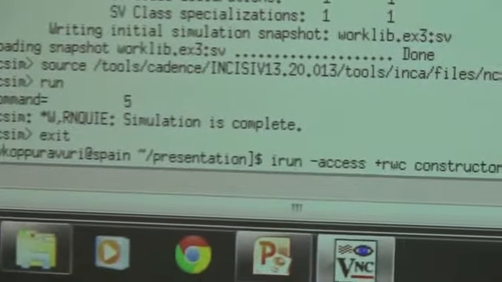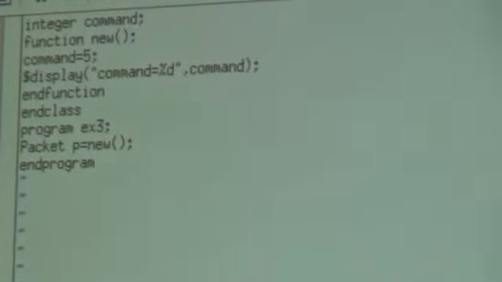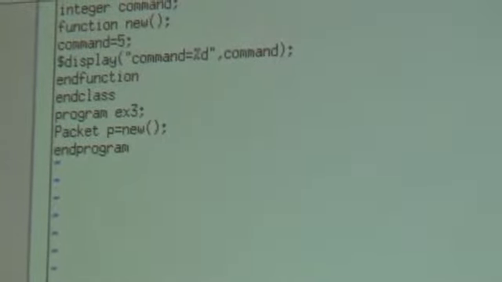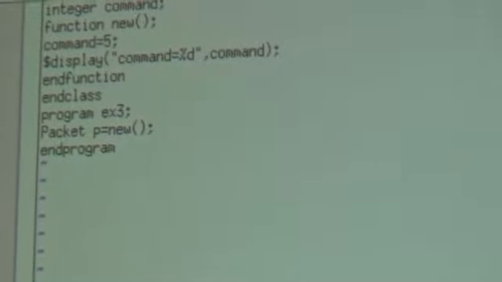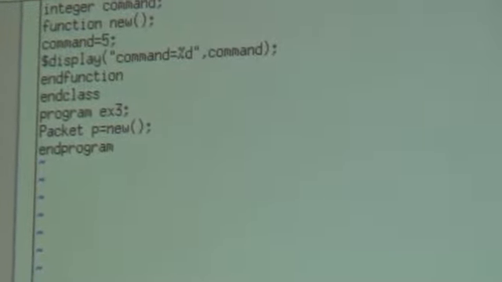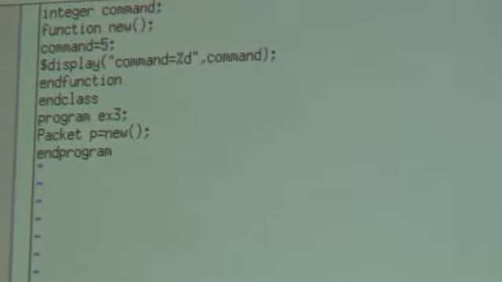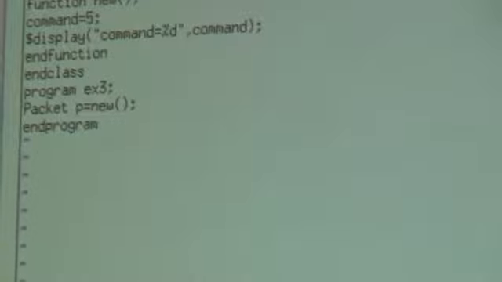Let us go back to the program and see what we have written. In the program block we have written that we create an object for it. So it creates the object, and at the same time it invokes the function new and displays the command. That means in the program block we did not call the method new, but it is invoked simultaneously: it creates the object, and at the same time it calls the method declared with new. That's why new is called a constructor, and it also invokes the function new in the class method.